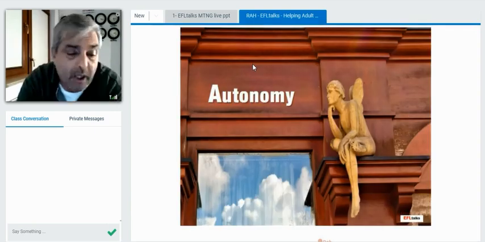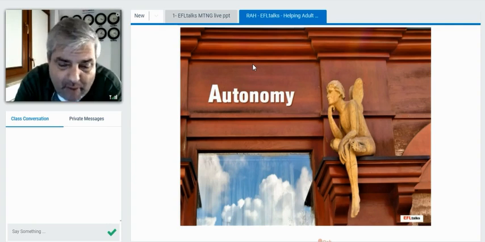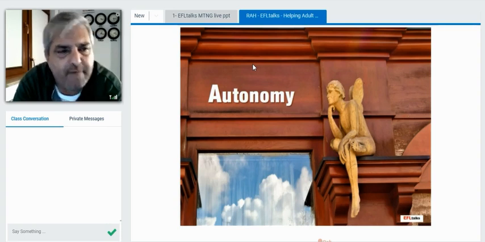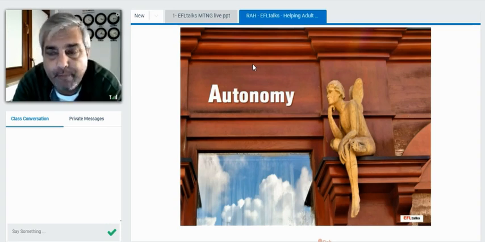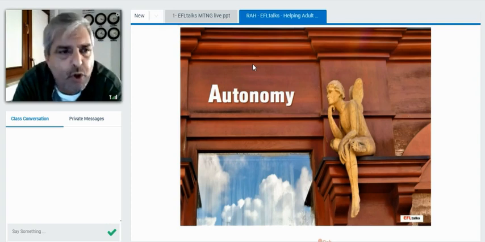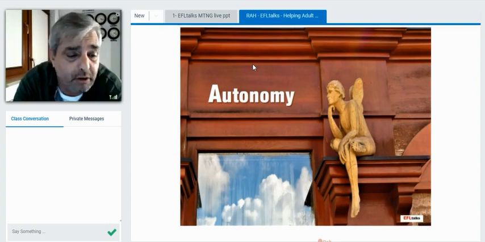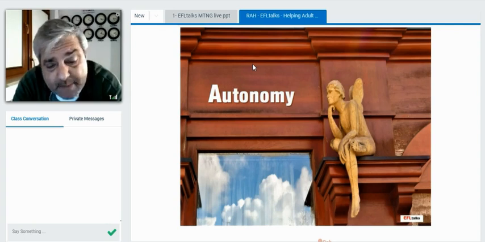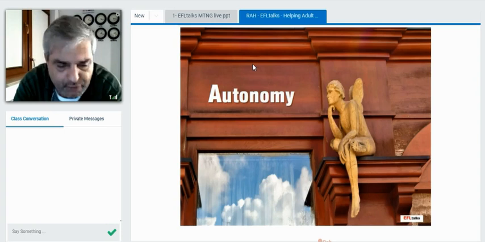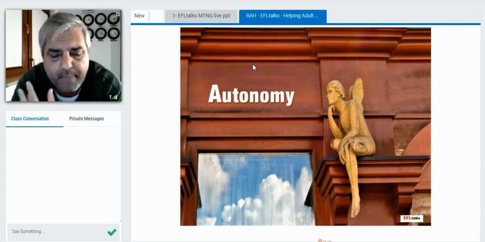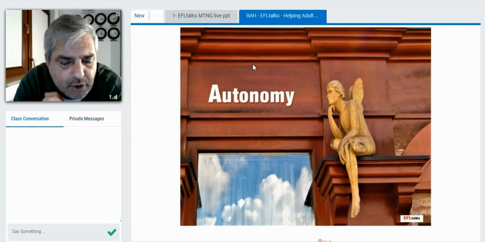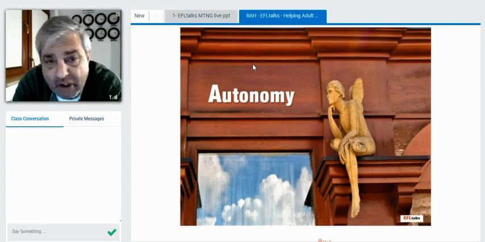Autonomy. Well, adults have a very limited time available for studying. They work, they usually have families, they have full and busy lives, usually more than younger learners have, and there's more responsibility. So they tend to be a little bit more independent learners. And most of them come in with these specific goals and learning for life.